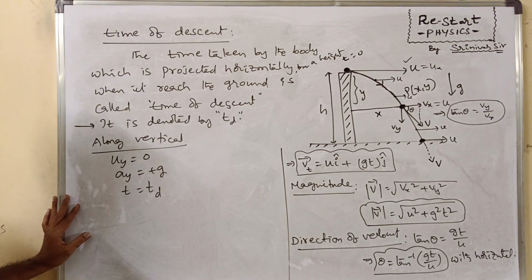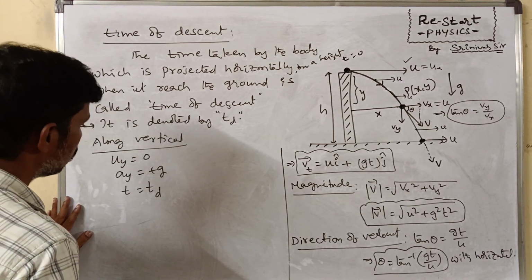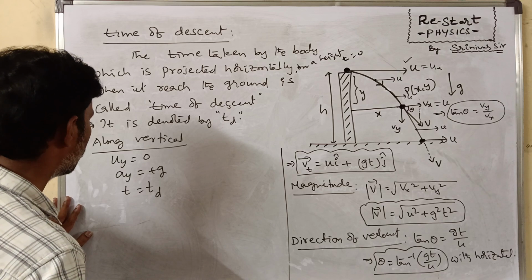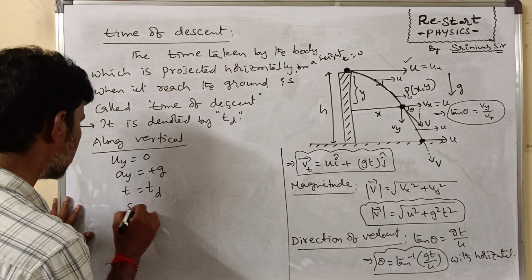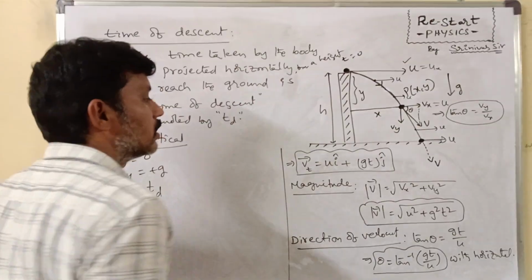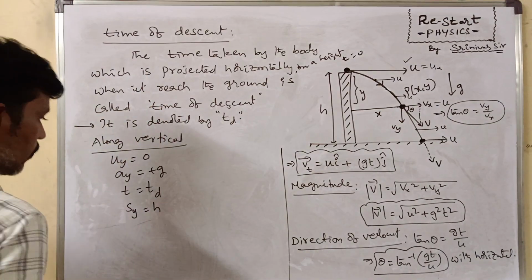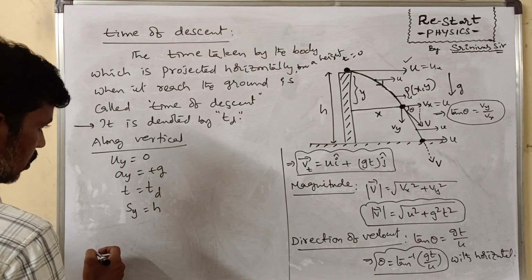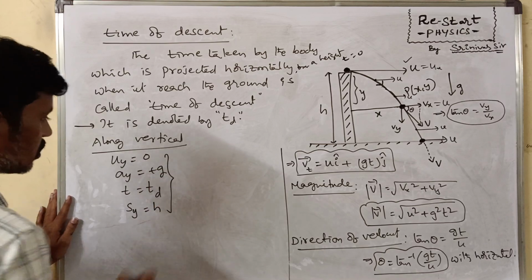Sy is the total vertical displacement, sy is equal to h. So from these equations we can write